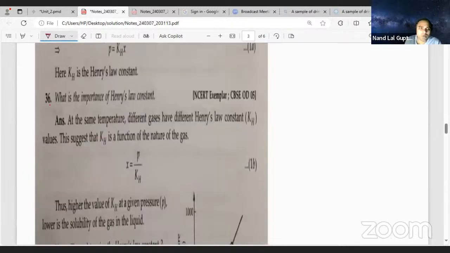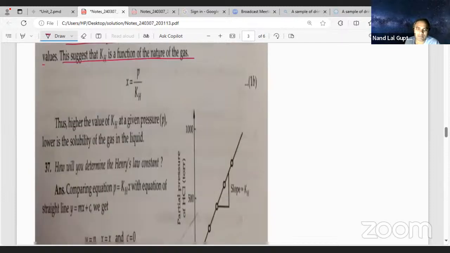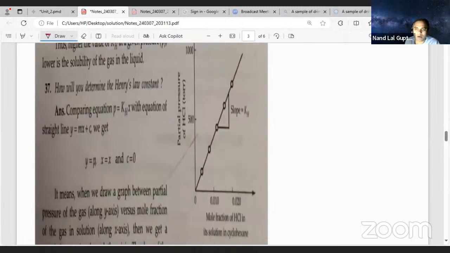Now, what is the importance of the Henry's law constant? At the same temperature, different gases have different Henry's law constant values, which suggests that KH is a function of the nature of the gas. Now, the question they generally ask, the previous year question, is: